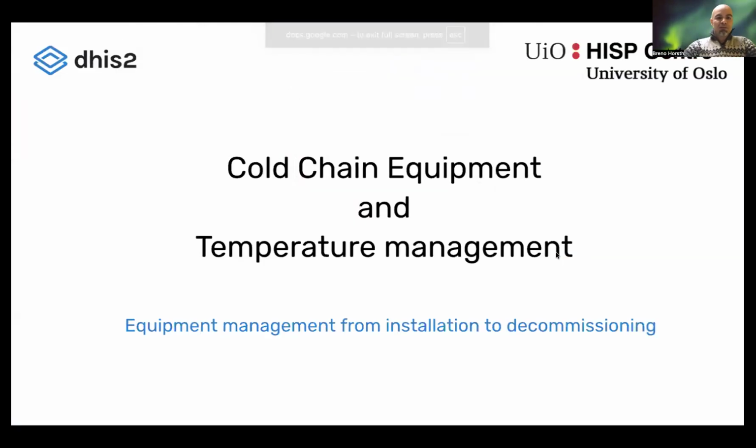So this is cold chain equipment and temperature management using DHIS2. We'll go through a few different features and data use examples of how you can use DHIS2 to manage your cold chain equipment. And also for temperature management, we've seen that there was a lot of content for one meetup, so the focus will be on the equipment management, and the temperature will have more of that